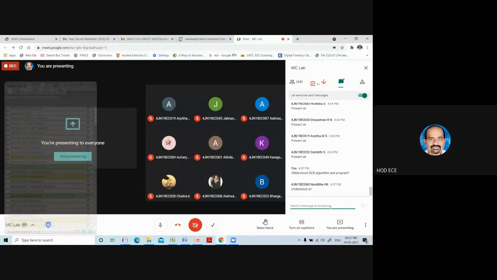So very important, both for your theory as well as practical. These 6 programs: 4 code conversion programs, another 2 computation oriented programs, GCD and LCM.